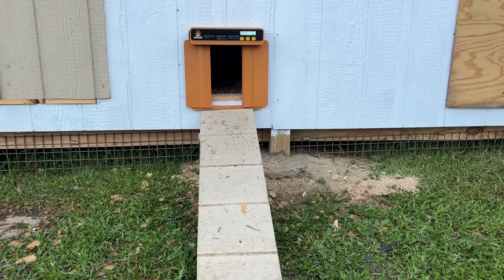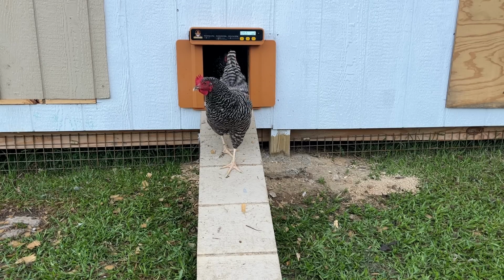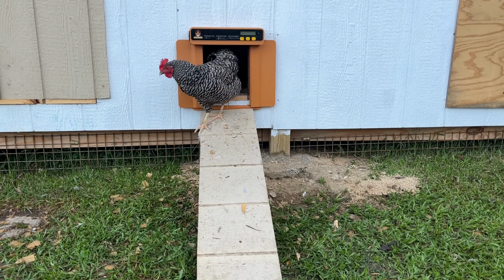But as you can see, the girls just toddle out on their own, and of course, still working with getting them coop trained to go up on their own at night. But that's a me problem because they were in a different setup previously. So they're not used to having a coop to go up into, and they're not used to roosting because these birds were in the temporary pen